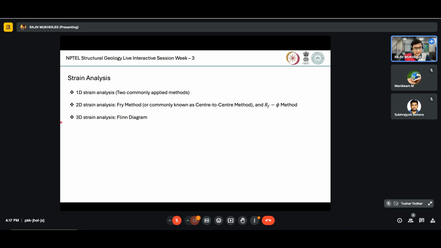in the lecture you have already had a good grasp on the three-dimensional strain analysis, that is the Flynn diagram. But in today's discussion session, we will not be covering the three-dimensional strain analysis, but we will focus on two most commonly applied methods for one-dimensional strain analysis, and particularly this method, which is called the RFI method for two-dimensional strain analysis. Okay,